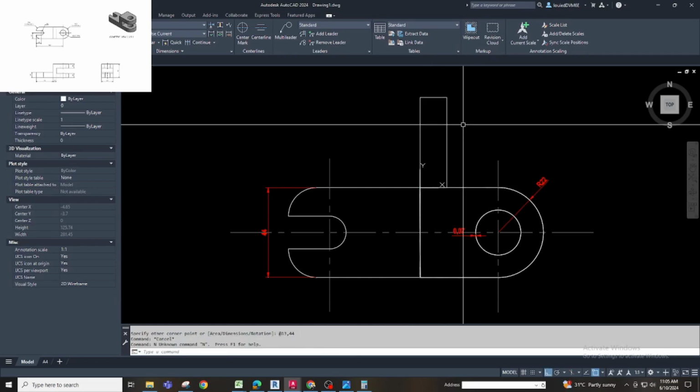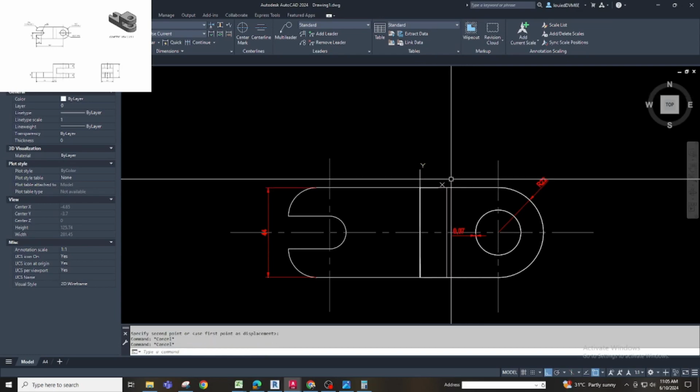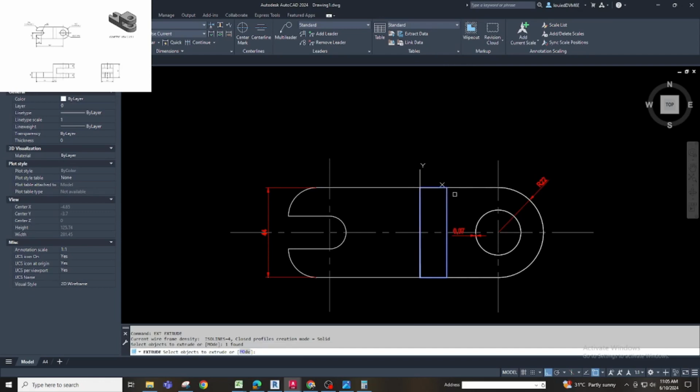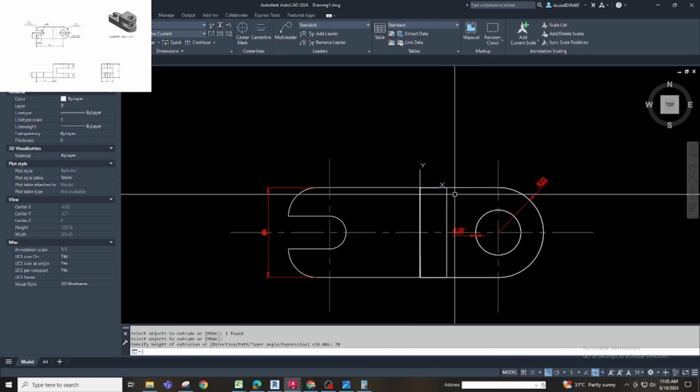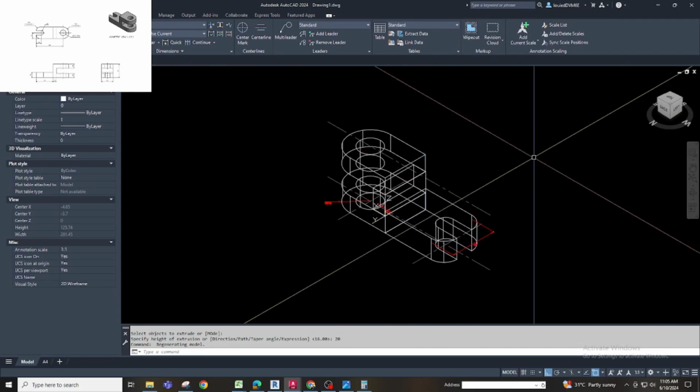So we have the rectangle. Then we will extrude by 20. Extrude by 20. Now you have this object.